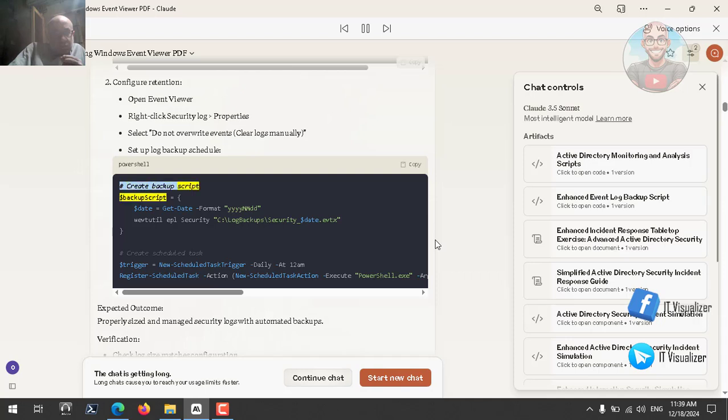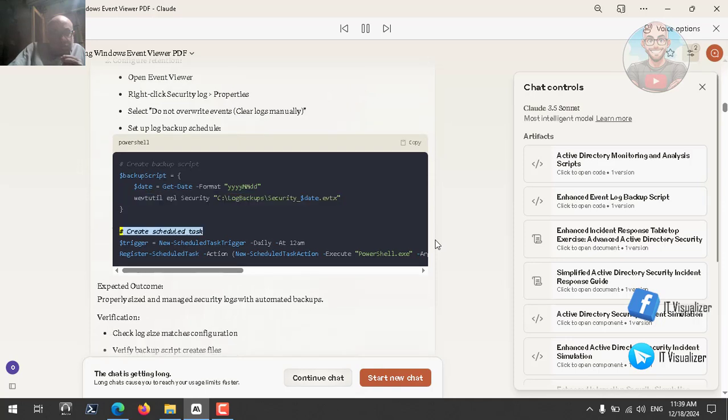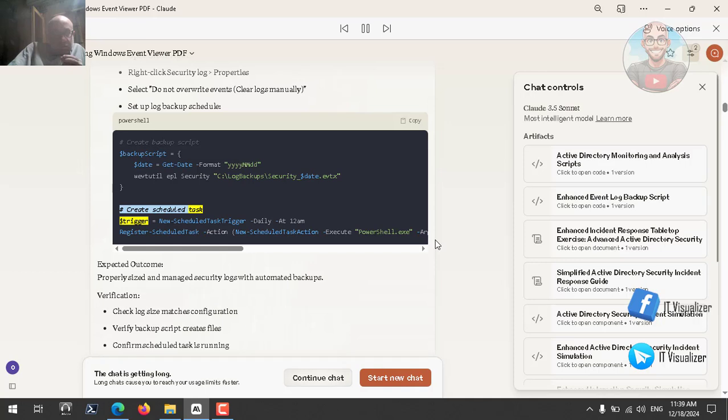# Create backup script: $backupScript = $date = Get-Date -Format yyyyMMdd, wevtutil epl Security C:/LogBackups/Security_$date.evtx. # Create scheduled task: $trigger = New-ScheduledTaskTrigger -Daily at 12 a.m. Register-ScheduledTask -Action New-ScheduledTaskAction -Execute